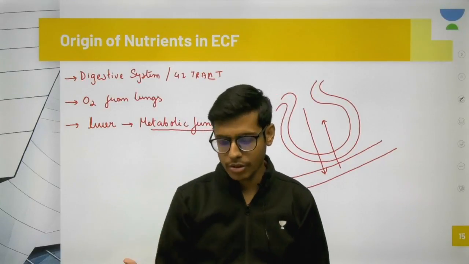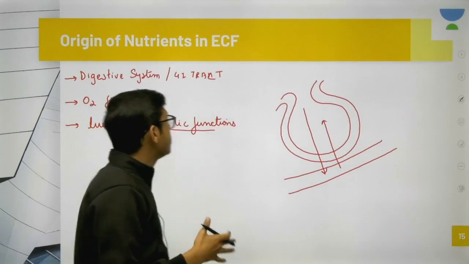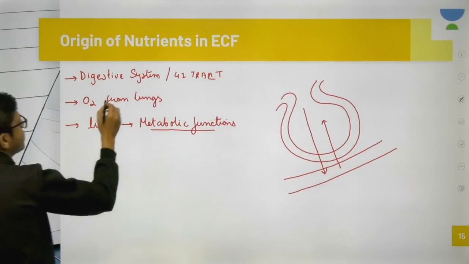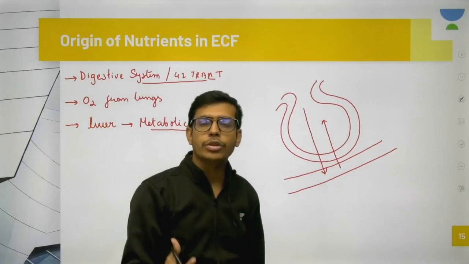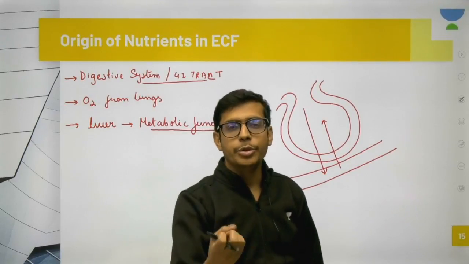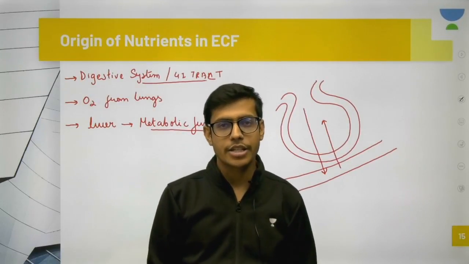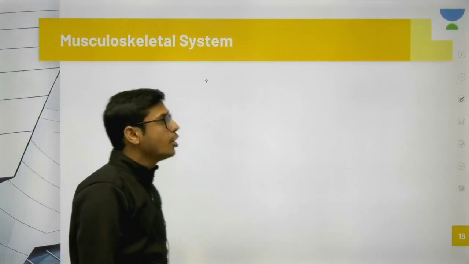So this is how the circulatory system works. So this is the origin of nutrients. Digestive system or GI tract would give all the nutrients like glucose, amino acid, and everything will be absorbed from the digestive tract. Talking about the